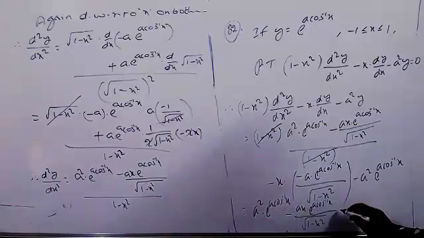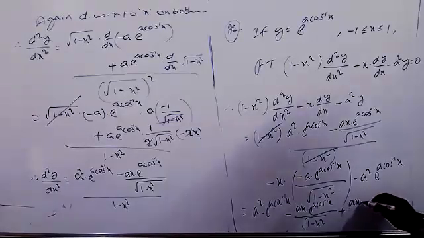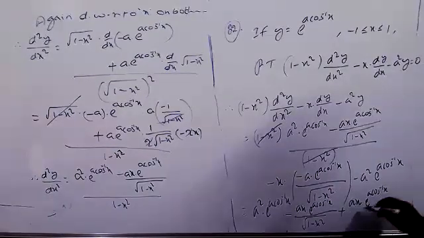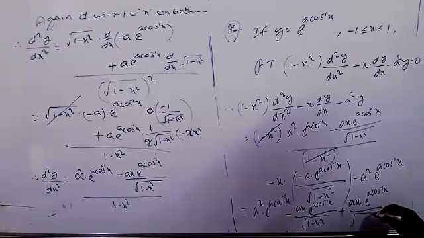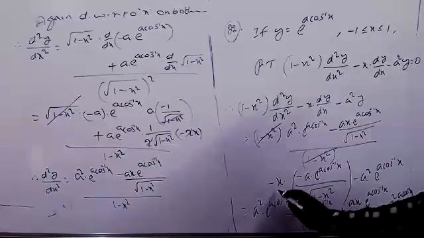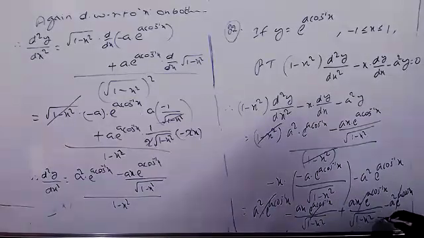Here minus into minus equals plus now. A into x equals ax. Ax into e power a cos inverse of x whole by root of 1 minus x square minus a square into e power a cos inverse of x. So anyhow plus and minus will be cancelled. Here also plus and minus will be cancelled. The result equals 0.